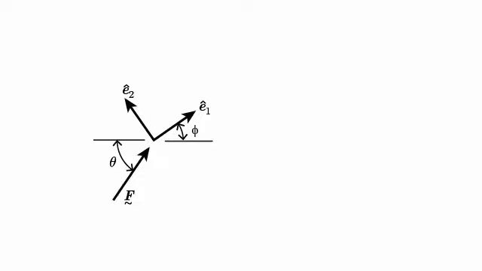All right, so let's check out this vector decomposition problem. It's a little bit different than some of the others we've seen because the vector f that we're trying to decompose is at some orientation or some angle theta. And then the basis vectors we're trying to put this into are also at some other angle I'm calling phi that describes its orientation. So there's going to be a little bit more work on this one, but the principles